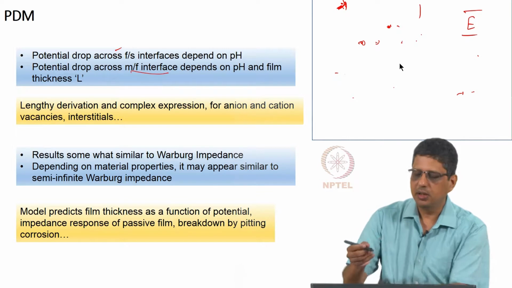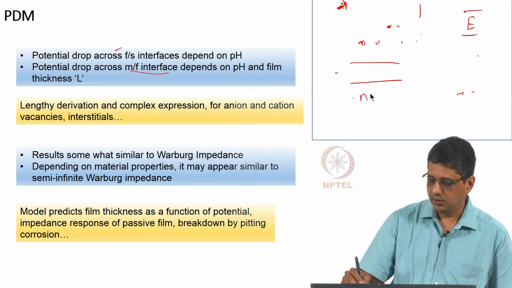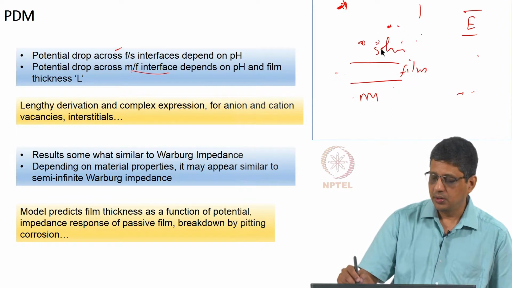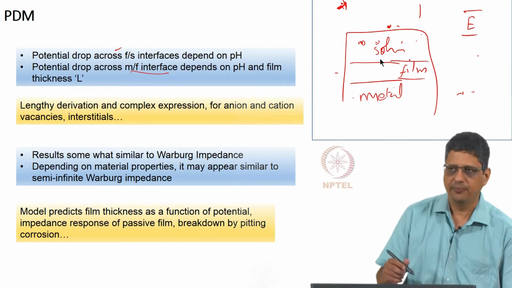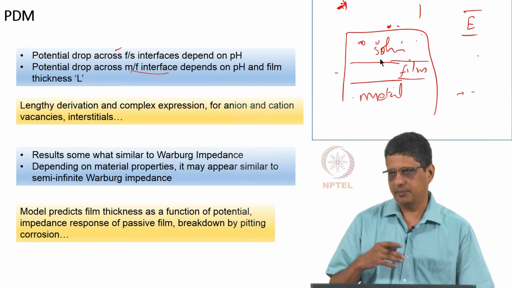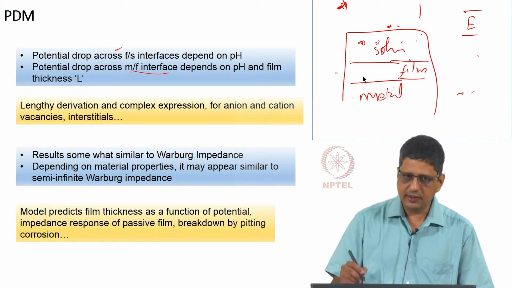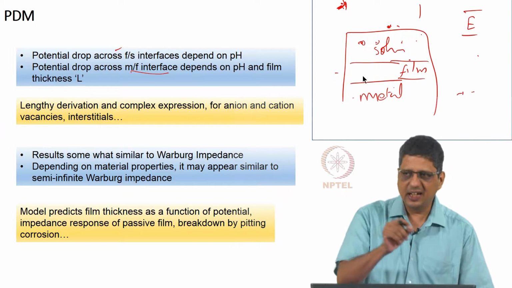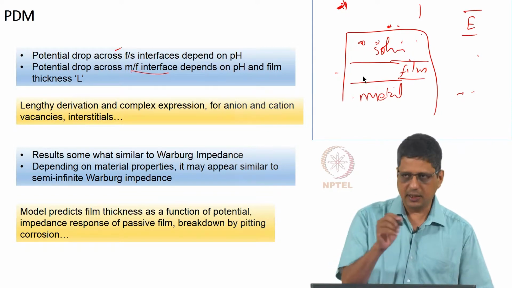And there is a phenomenon called pitting corrosion. If you have a solution, and a metal here with the film on top, right, uniform corrosion is where everywhere it is dissolving at some rate. Pitting corrosion usually refers to the case where, if you look at the surface, there are clear pits. That means it is localized, it occurs in some locations.